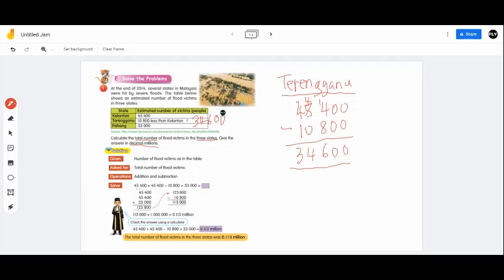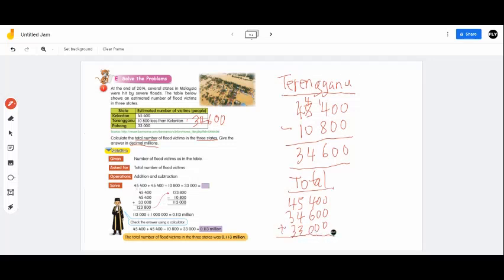So look at it again. The total number of flood victims in 3 states. So right now, you have the estimated number of Kelantan, Terengganu, and Pahang. So right now, you can do the total. So 45,400, 34,600, and 33,000. Please align your